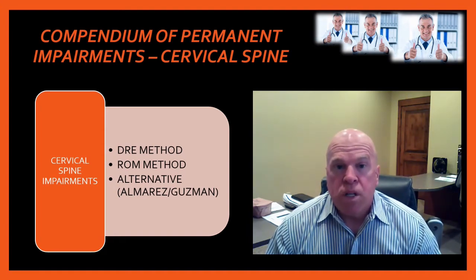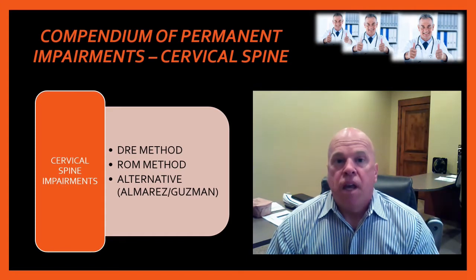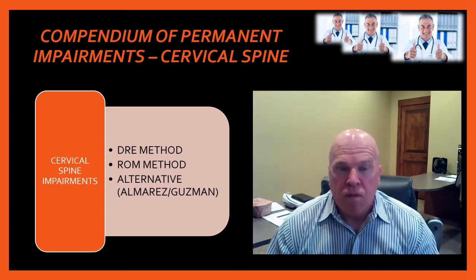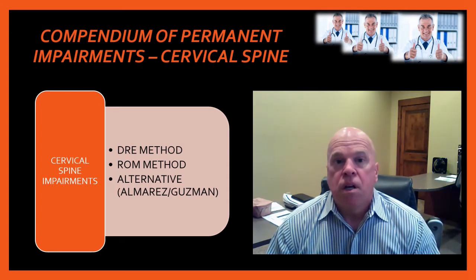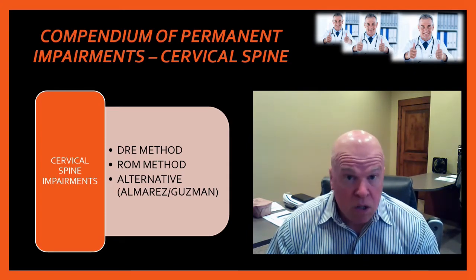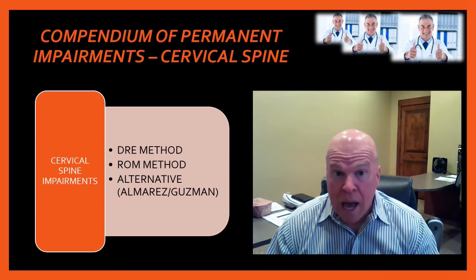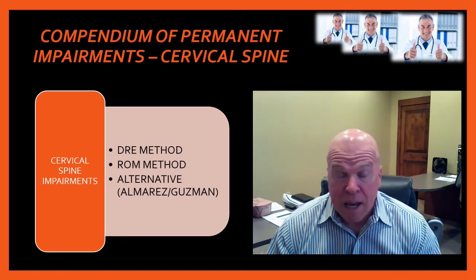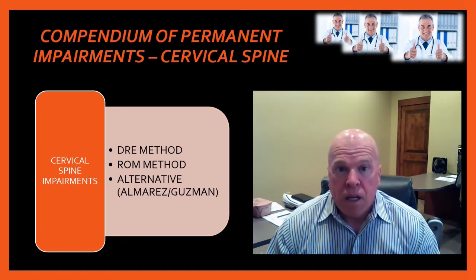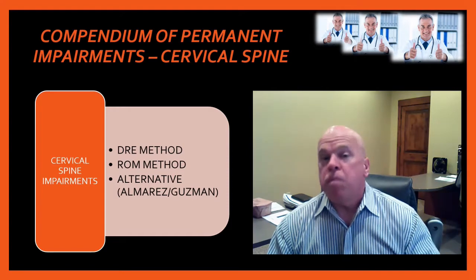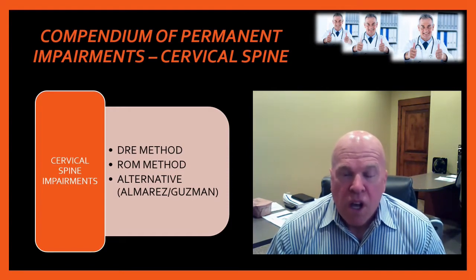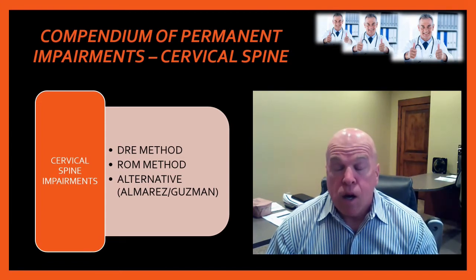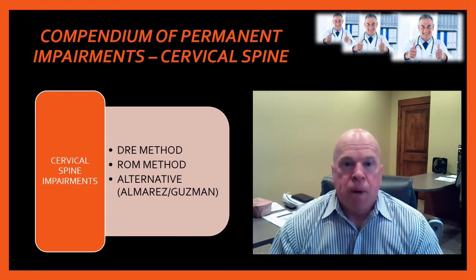So I sat down one day with the help of an assistant, and we assembled and extracted every single permanent impairment argument from every single evaluation dating back to the initiation of the 2005 AMA guides and the new permanent disability rating schedule under the AMA guides. So we went back in every single report and extracted the permanent impairment arguments contained within those reports, and we created a compendium of permanent impairments.